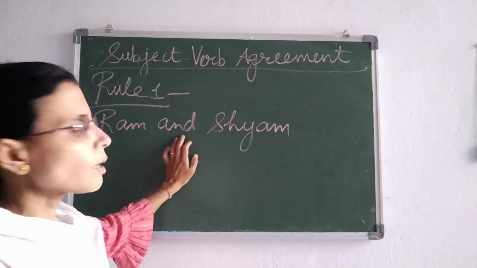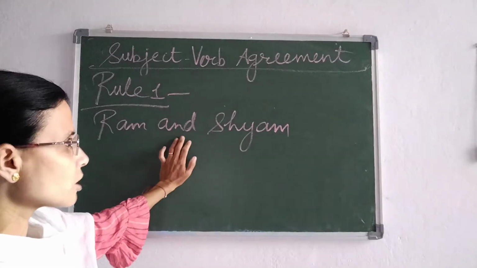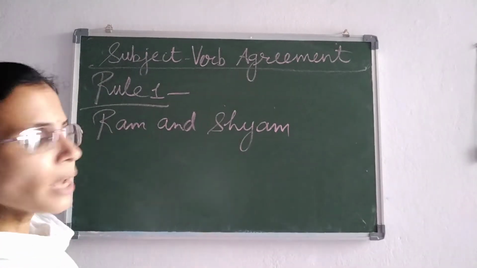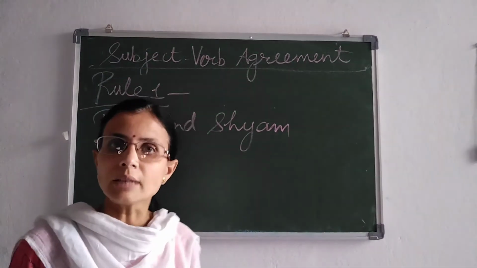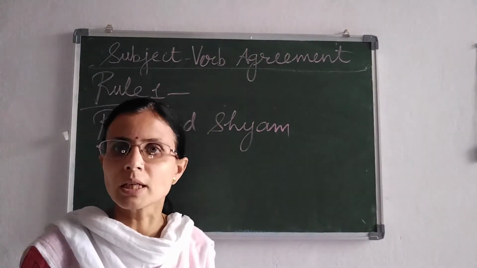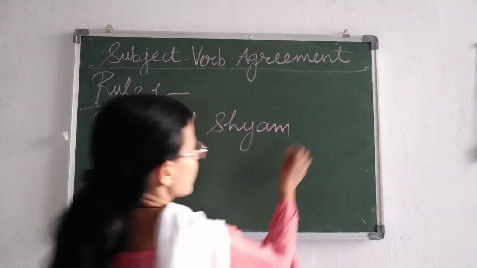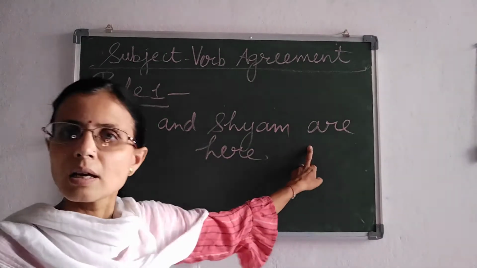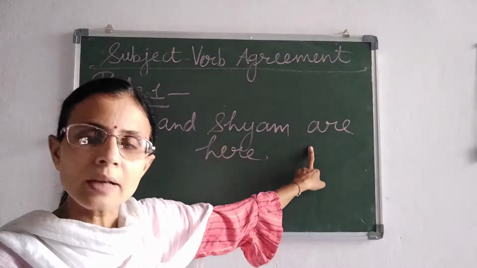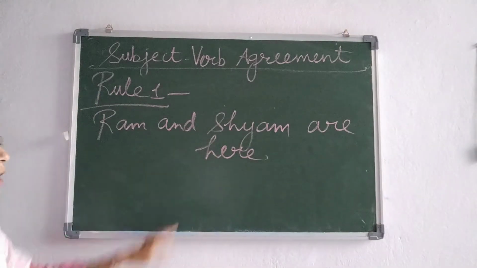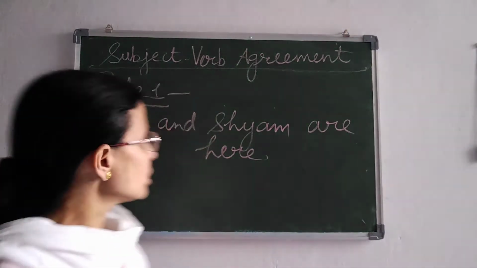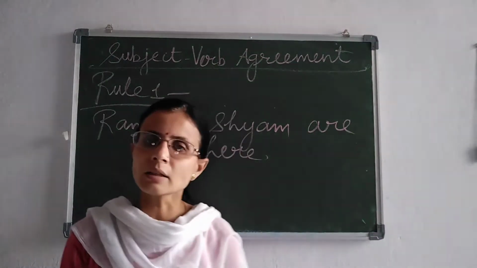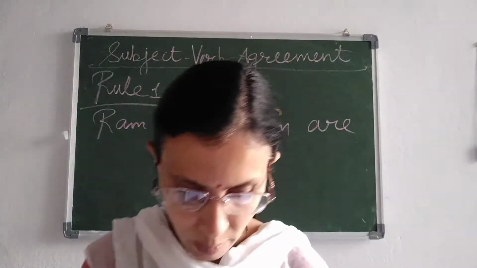So if the subjects are plural, two words or maybe 3, 4, whatever, these subjects are combined by and. Like here I have only two subjects, so here in between I will write and. So if the subjects are combined by and, it means the subject is plural. Then the verb will also be in plural form. Are here. Are is the form of the verb be and are is plural. So Ram and Shyam are here. Okay. So here two subjects are combined by and, then the verb used will be in plural form. So this is rule number 1.